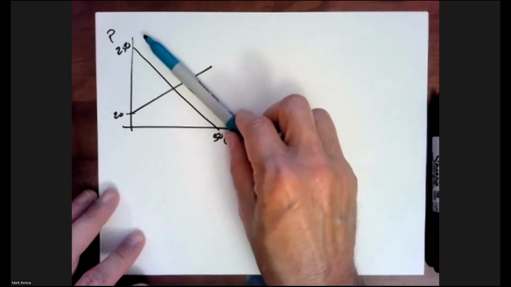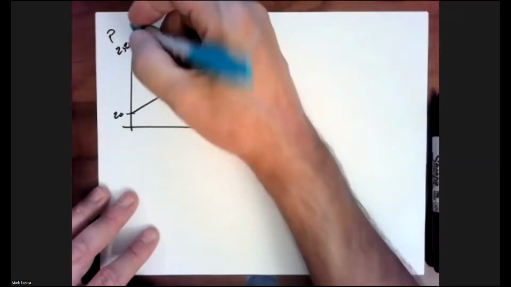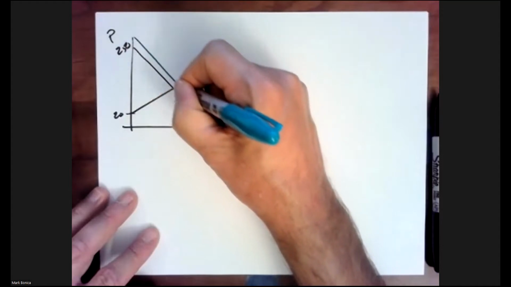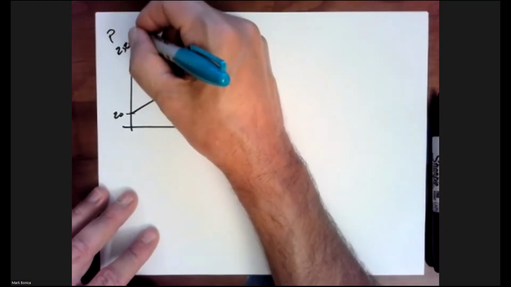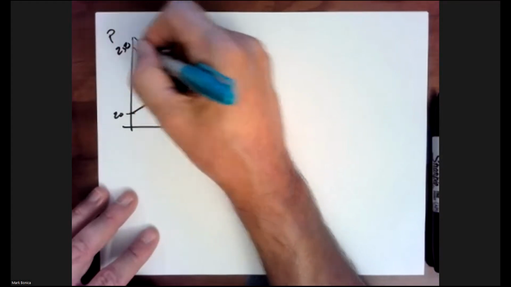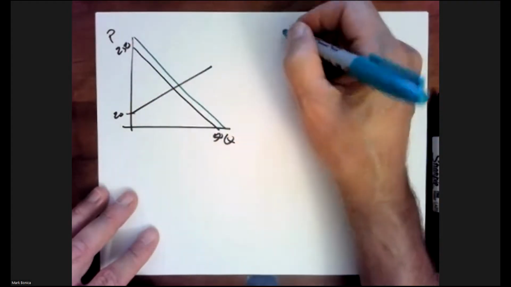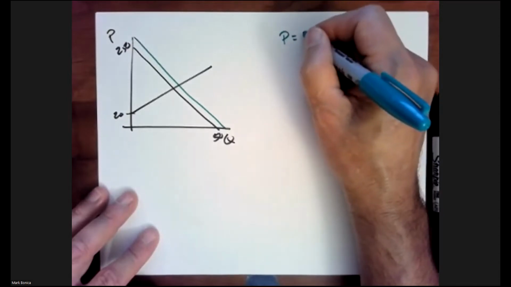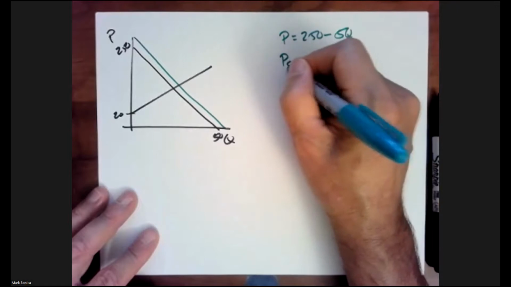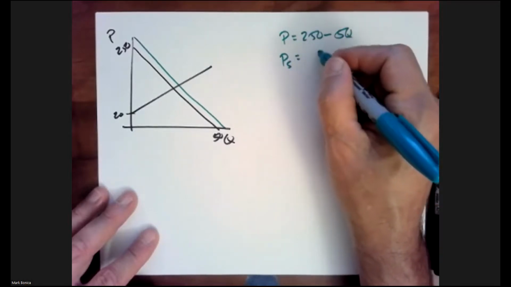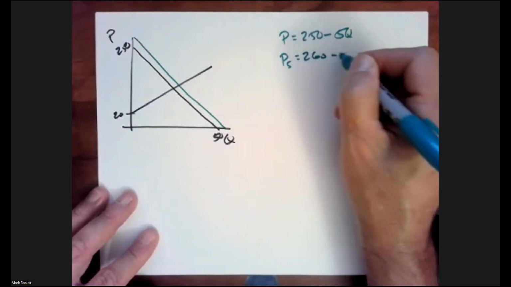So that's going to be a right shift of the demand curve, or an up shift of the demand curve of $10. So we're going to go from P equals 250 minus 5Q to P subsidy equals 250 plus 10, 260